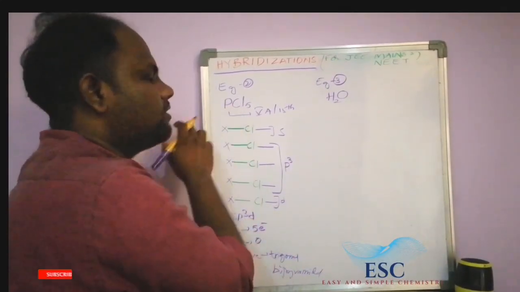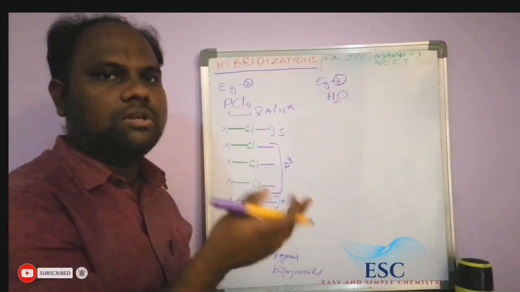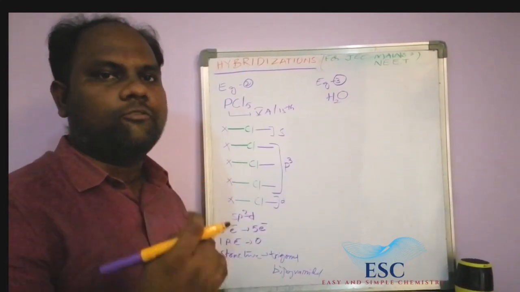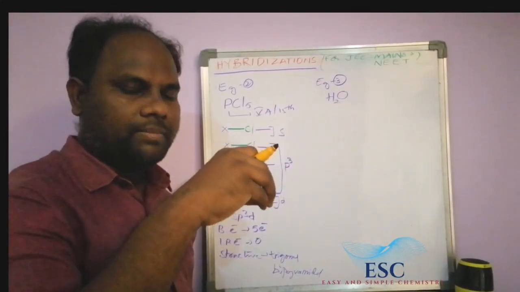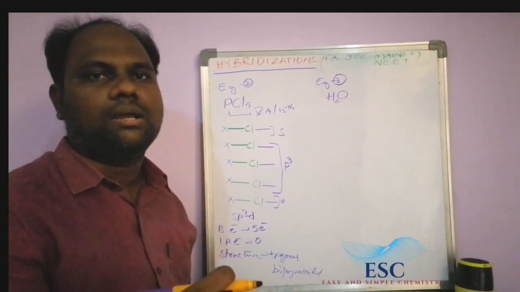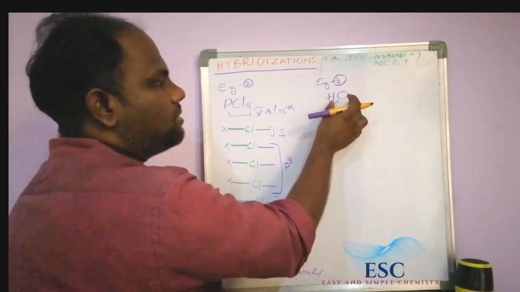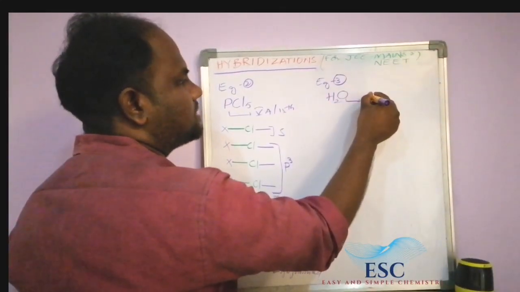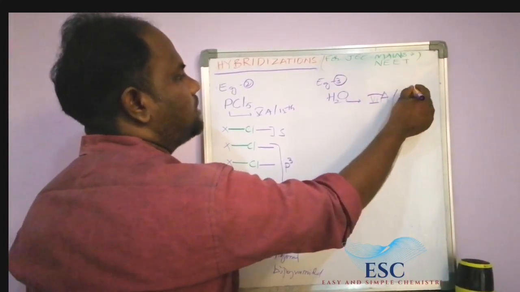Here 5 chlorines, 1 phosphorus. 1 phosphorus belongs to central atom. Except 1A group elements, because all the 1A group elements can form only a single bond. A single bond element doesn't present at the center position. That's why all the 1A group elements do not act as central atoms. So which element is the central atom here? Oxygen. Oxygen group number is 6A group element or 16th group element.